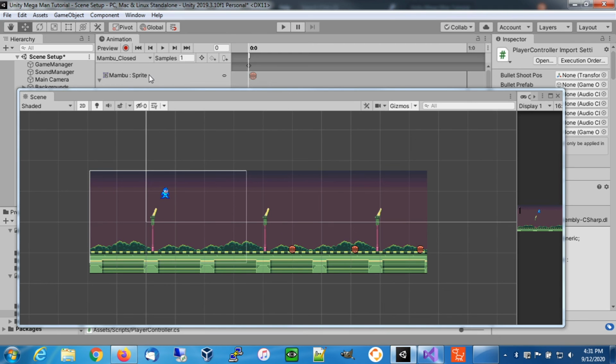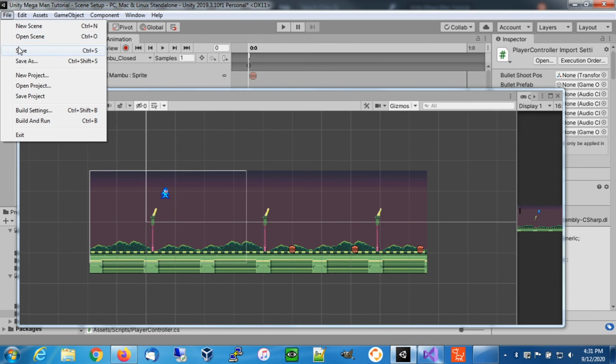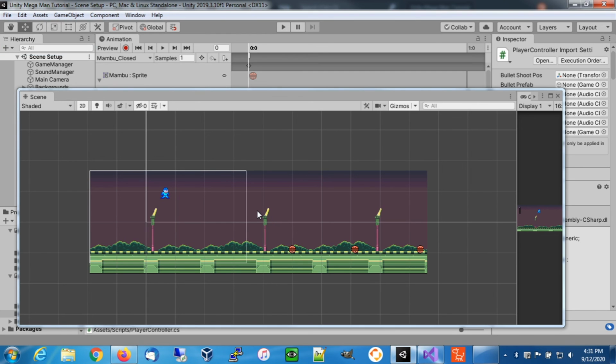So we have a new enemy, Mambu, and in the next video we're going to be doing Big Eye, and then that'll wrap up the enemies, and then we'll move on to 2 other things after that, and then that'll basically be where we halt the series, and then I go back to development, and you can work on building your own little Megaman, and I'll be introducing little videos here and there of little things you can add in, like start screen,